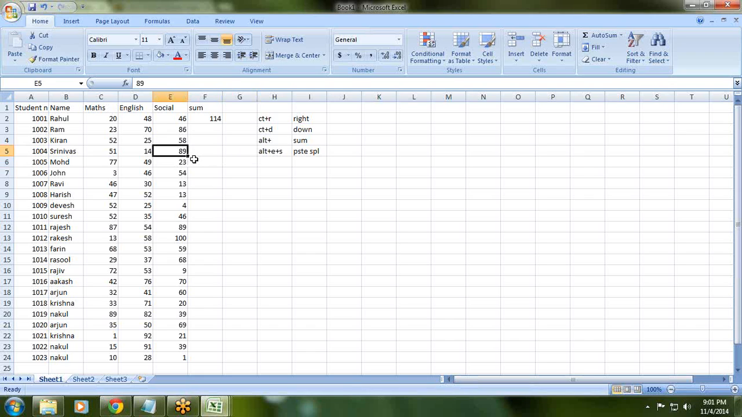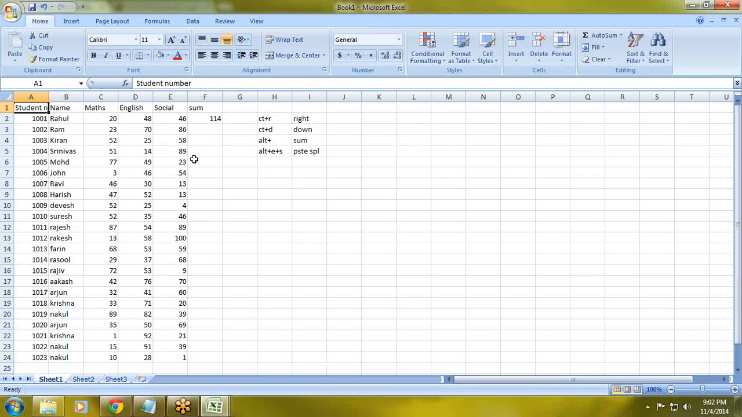Now, I want to go to the first cell of the sheet. So I say Control Home. It will take me to the first cell of the sheet. Control End will take me to the last active cell of the sheet. So you can see Control Home, Control End. This comes under the interaction between the sheets. Okay, so